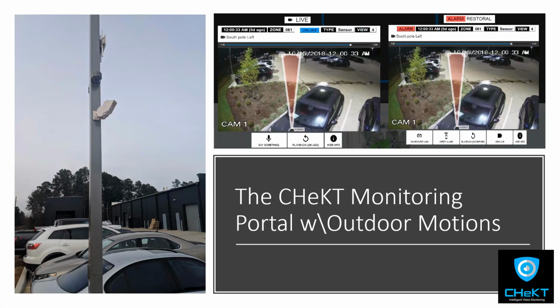It's really important to understand that what we do just continues to utilize the existing detectors that integrators have grown to trust. We don't force integrators to change alarm panels, detection devices, or cameras. We allow integrators to use the existing equipment that they trust and they've been trained on, and they understand how that equipment is installed and programmed. Our bridge just simply allows those two systems, the alarm panel and the video system, to now work in conjunction